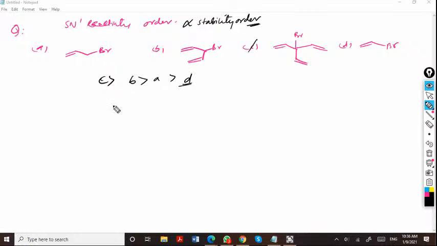Okay. So if the same question is asked for SN2, whichever does not readily give the carbocation will readily go through the transition state. Whichever does not readily undergo an SN1 reaction will readily undergo an SN2 reaction. Okay. So